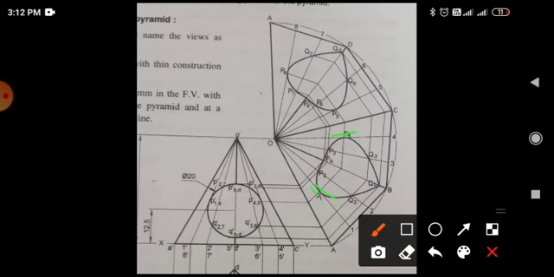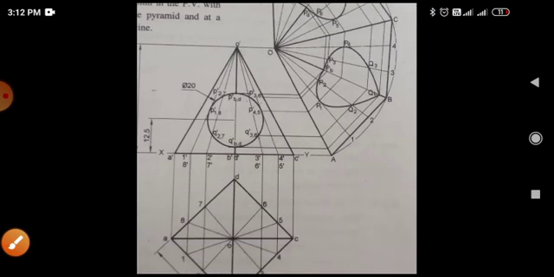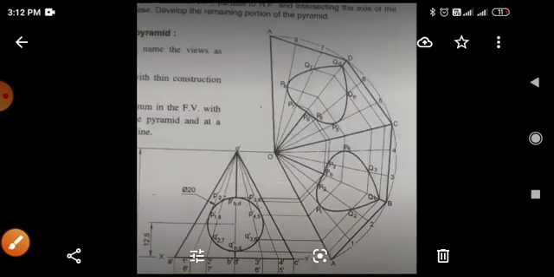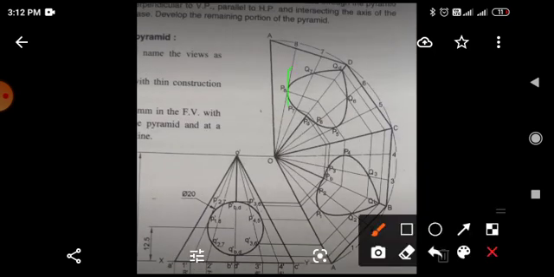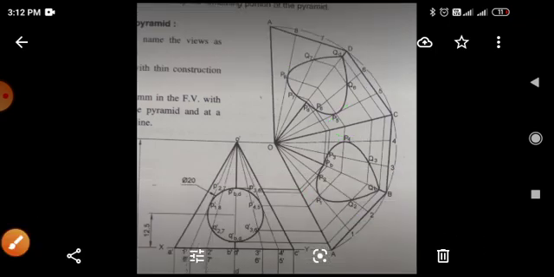Let's see, this is 1 and 8. Okay, these points 1 and 8 represent this tangent. In this case also, which points? 4 and 5, I think. Okay, 4 and 5 show this other edge. Here you can see, this is 8, this is 1, this is 4, and this one is 5.